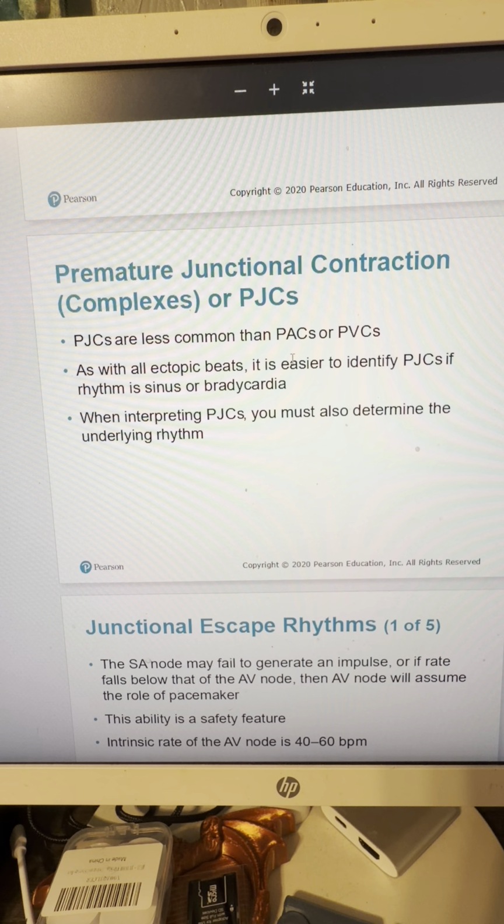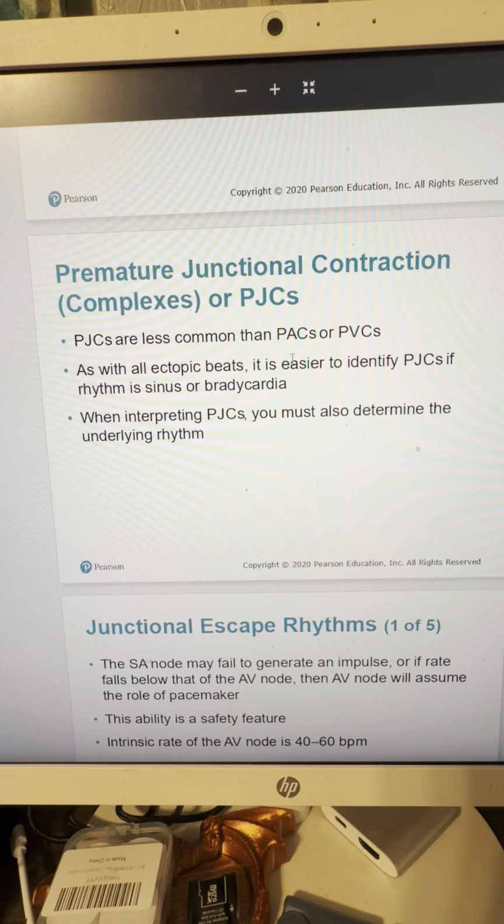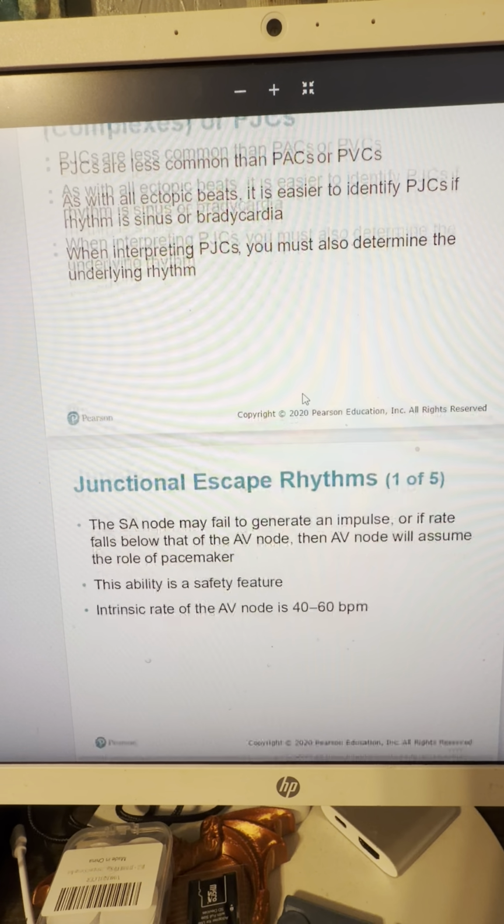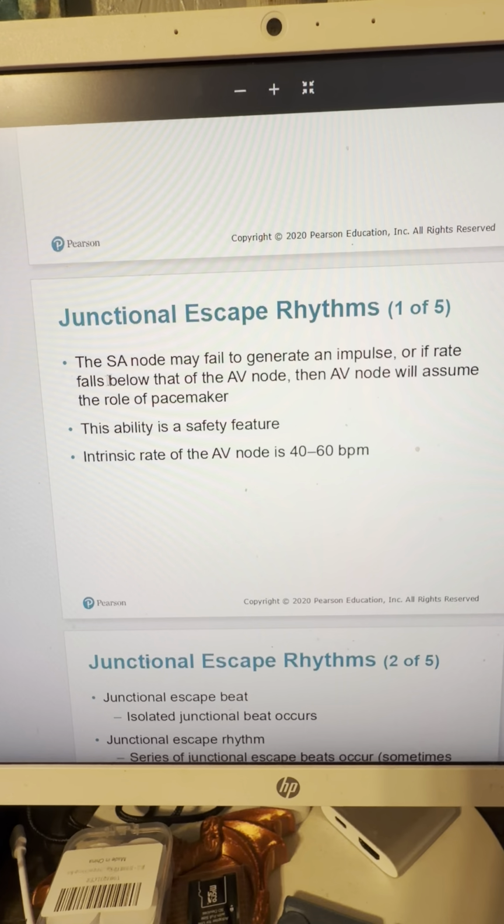They're not very common. You rarely see these. They're easier to identify if it's a sinus rhythm or sinus brady, or if it's some weird bizarre rhythm, then they're harder to pick out. But the important thing is that you pick out whatever the underlying rhythm is and then go back and identify the ectopics. For junctional escape rhythms, the SA node fails to generate an impulse, or the rate falls below that of the AV node, which is 40 to 60,